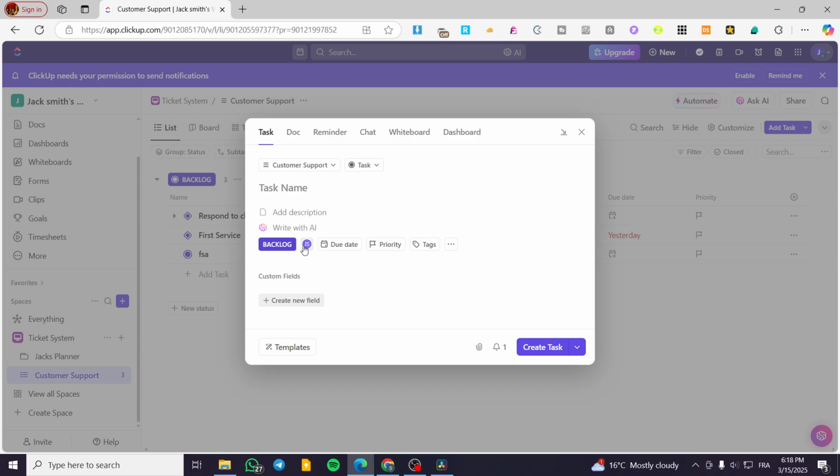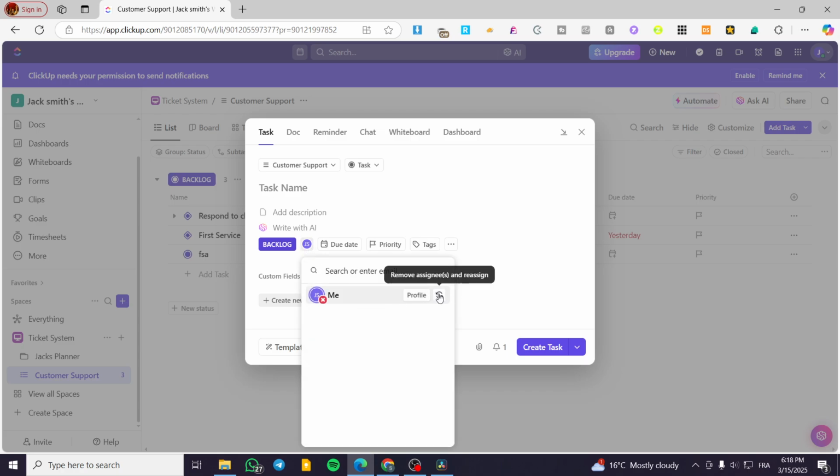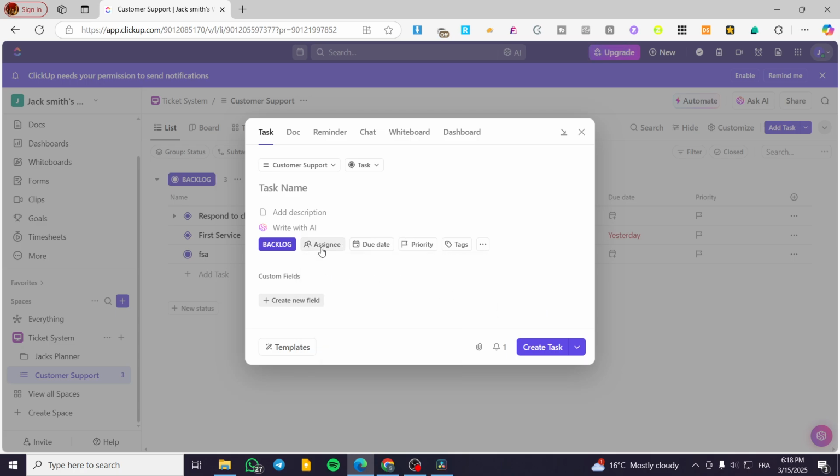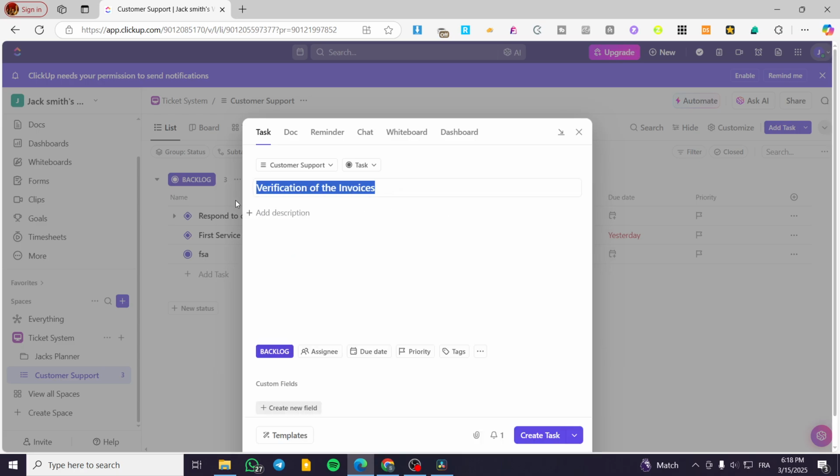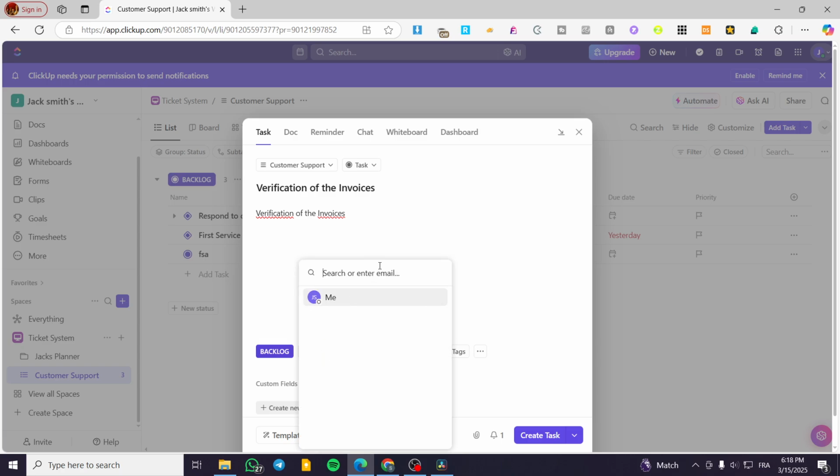So let's say that maybe I'm going to remove that person and we're going to see the assignee button instead. So we are going to type the name of the task. For example, verification of the, let's say, invoices. Invoices, just like that. You can add here, as you can see, a description, and then you can add whatever you want. Now, for the assignees, you can go ahead and click on assignee and see all the assignees,